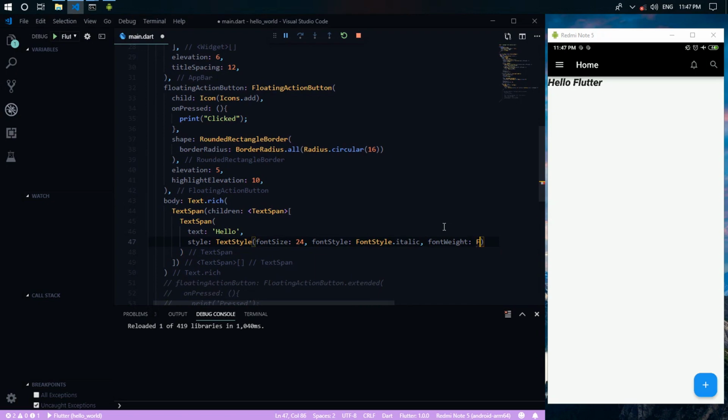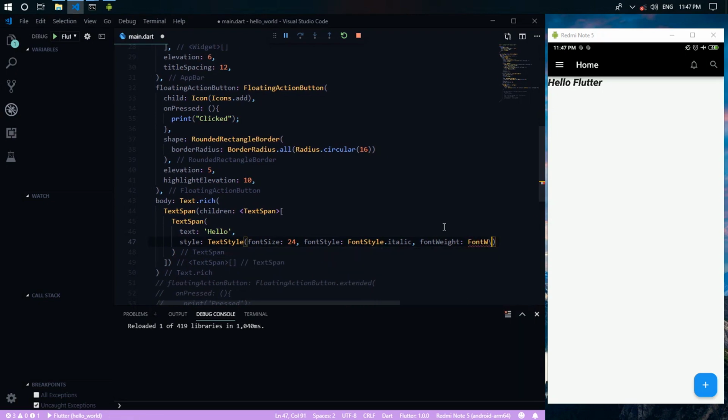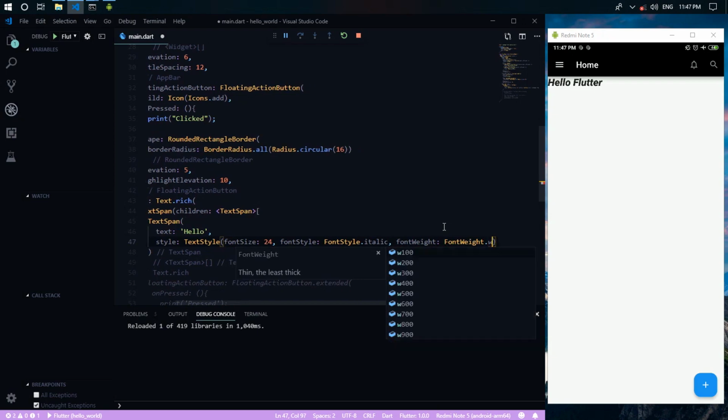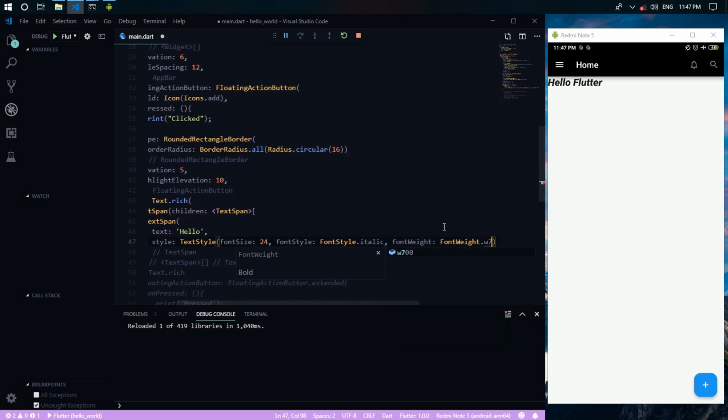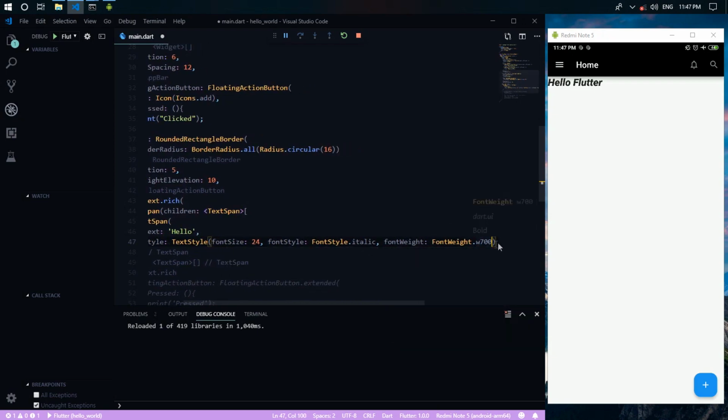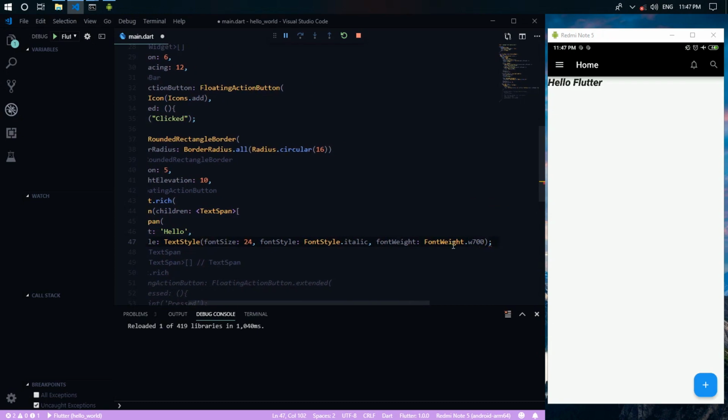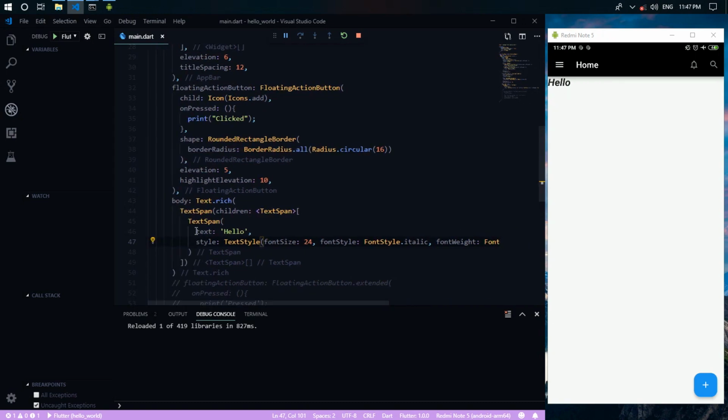I'm sorry, fontWeight dot W700. Okay, just hot reload. As we can see here, just Hello, and we can copy this TextSpan.